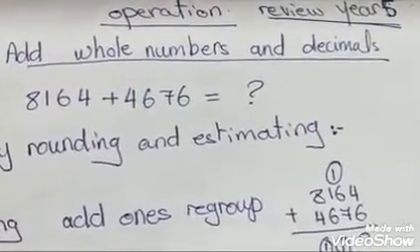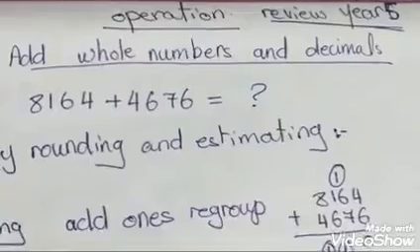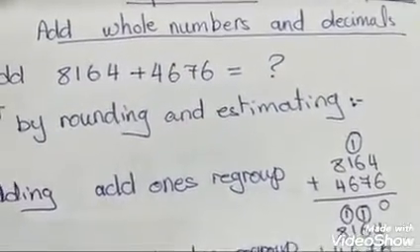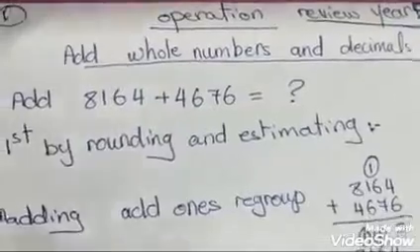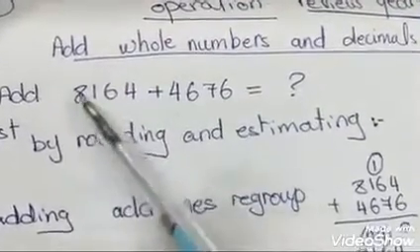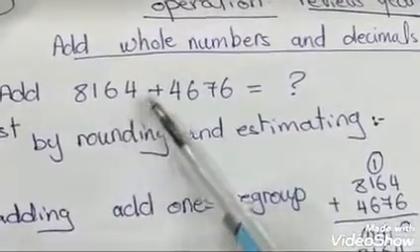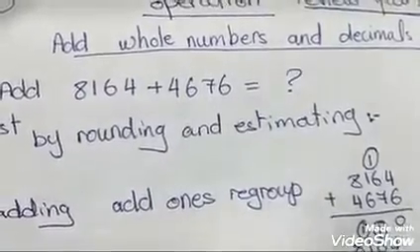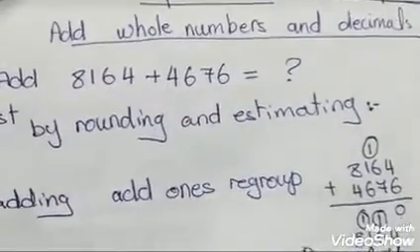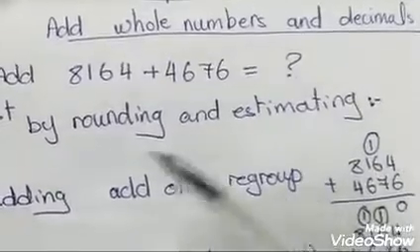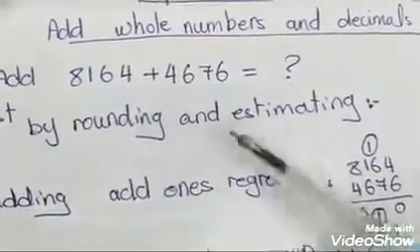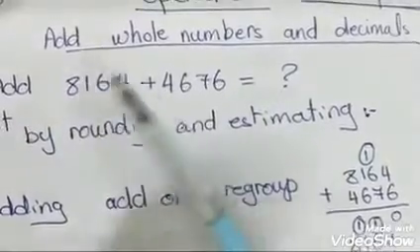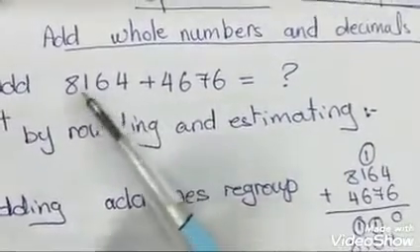First, we'll start with adding whole numbers and decimals. What is the sequence of making an operation for two numbers or more? If we start with addition, 8,164 plus 4,676 equals. I will do it mentally. I will have to do rounding and estimating. If I round these numbers to the nearest thousand,